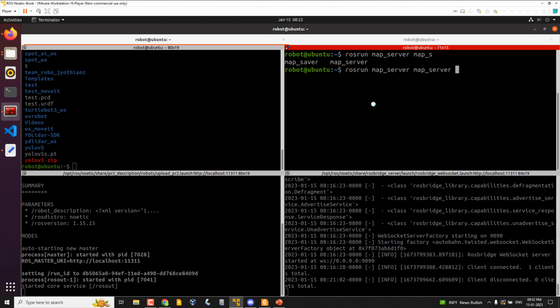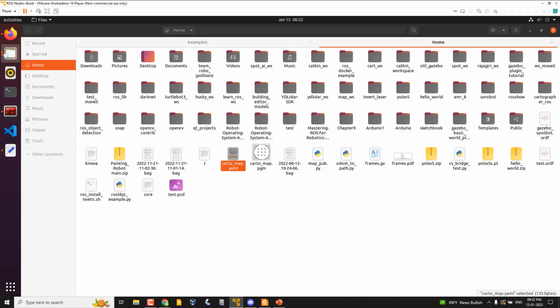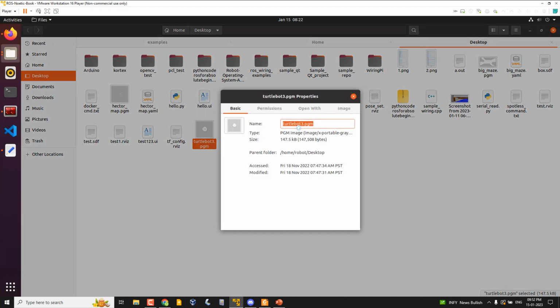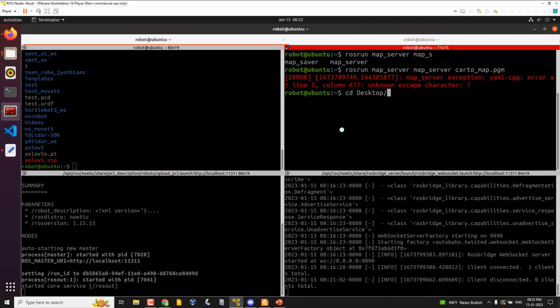Okay, and the name of the map. Okay, I think there are some issues in that given map. Let me take another map, maybe turtleboat3.pgm. Okay, so in order to do that, I'm just checking the desktop, and instead of carto,